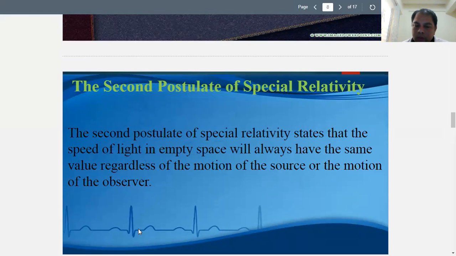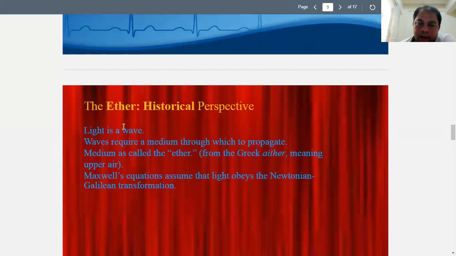So whether you're coming towards the light or running away from it, the speed of that light is always constant. That's postulate number 2. Now, this ether, I believe, is what they think is filling the